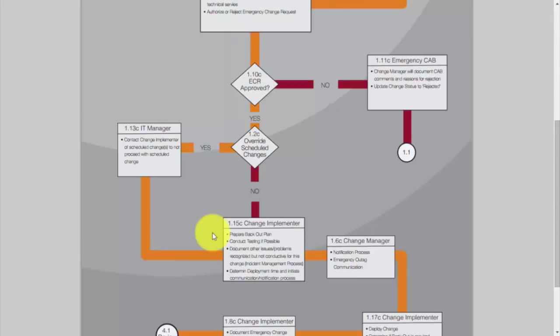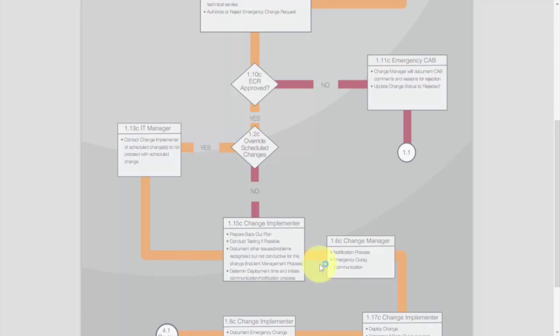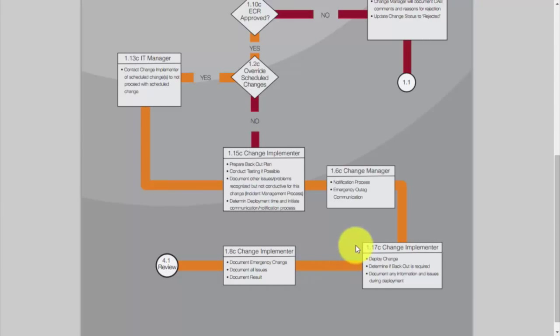That's part of the incident management process. The implementer will also need to determine the deployment time and initiate communication and notification processes. That notification process will be the responsibility of the change manager, as well as communicating any emergency outages. Once this is done, the change implementer will deploy the change,